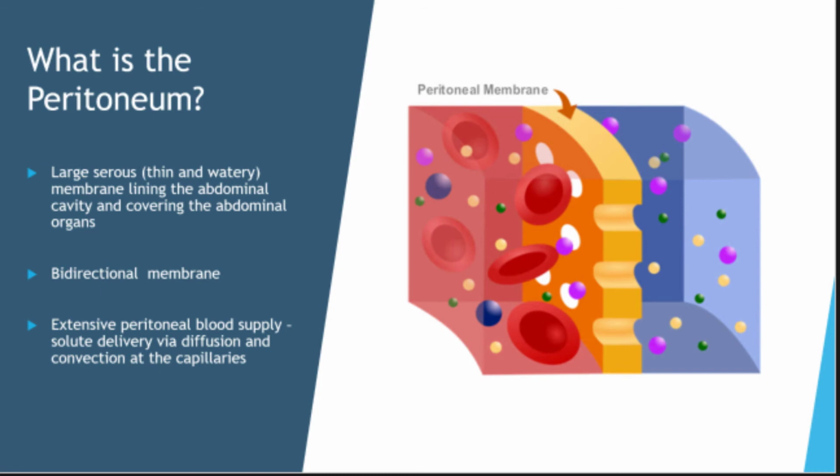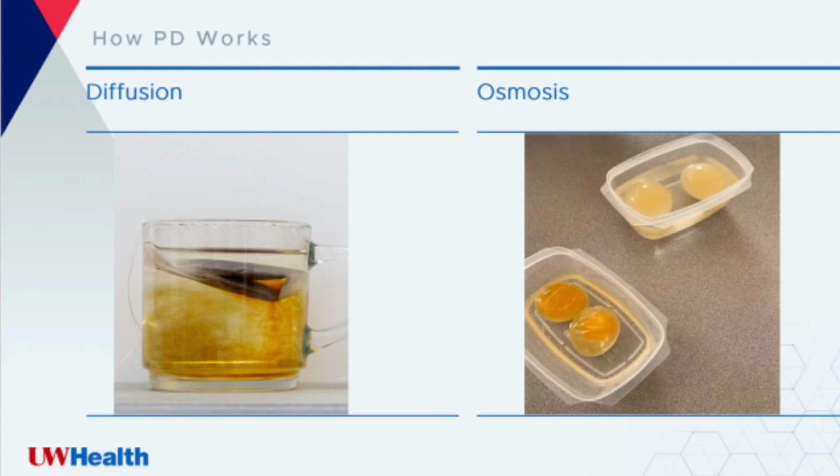Solutes like sodium and BUN readily cross back and forth between the peritoneum and the blood vessels. Large particles like glucose move more slowly across the small holes. Red blood cells are too large to slip through into the peritoneum. We use this membrane to work as a filter for exchange of wastes by altering the concentration gradient of solutes in the abdomen. Two of the mechanisms that are involved in the clearance of wastes in peritoneal dialysis are diffusion